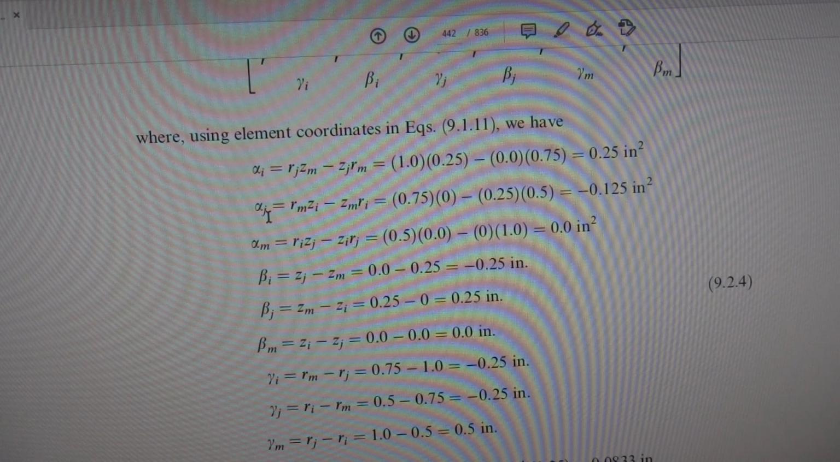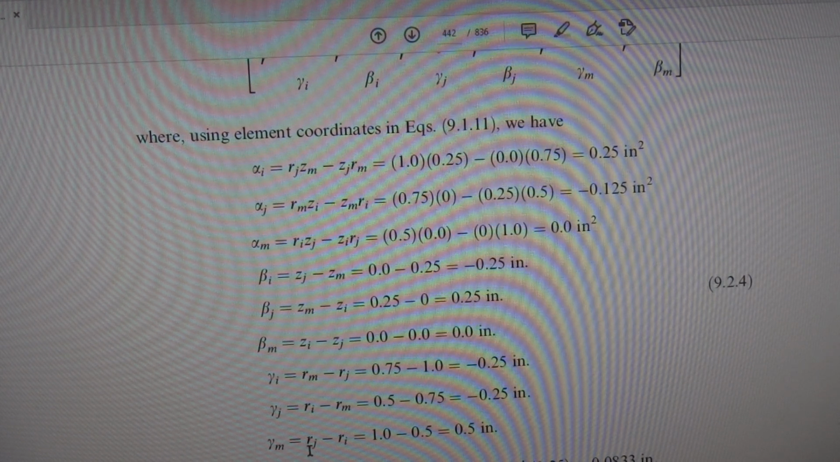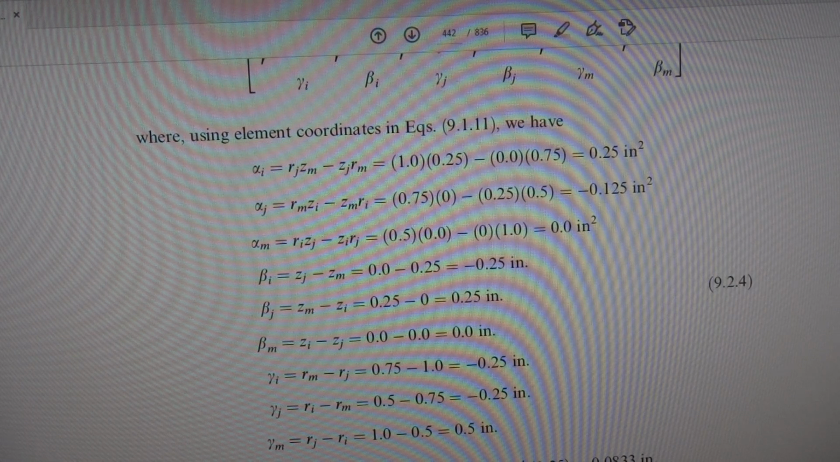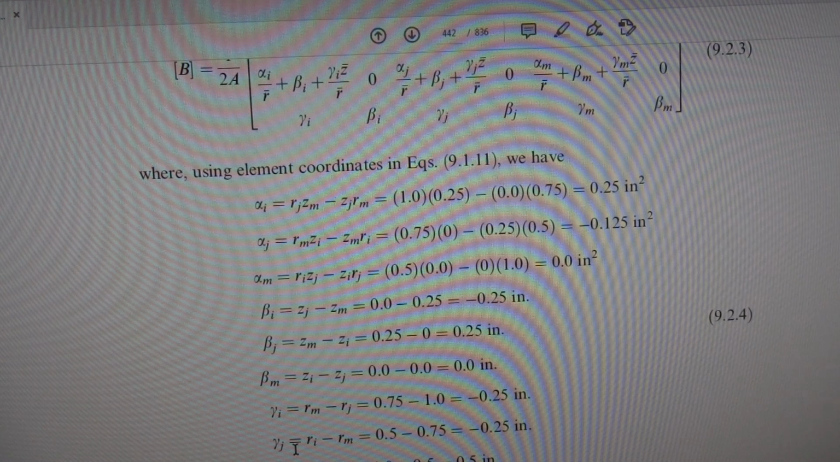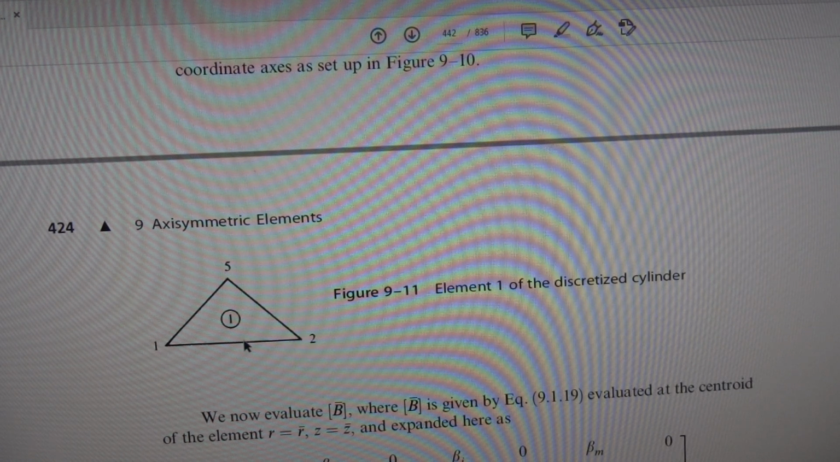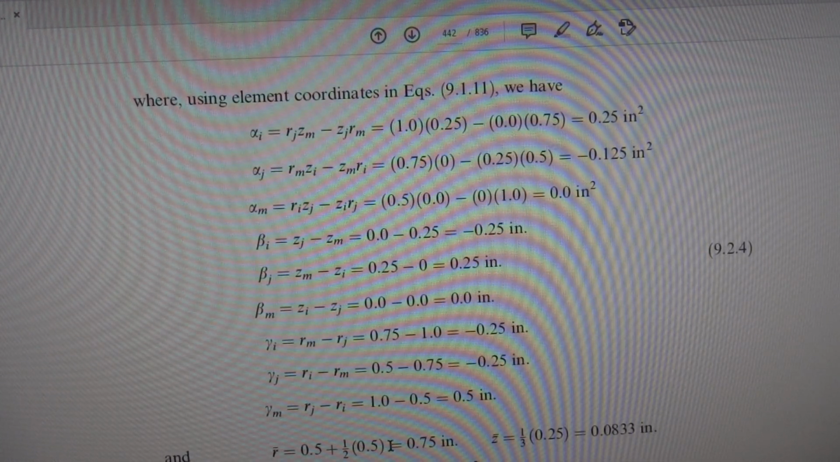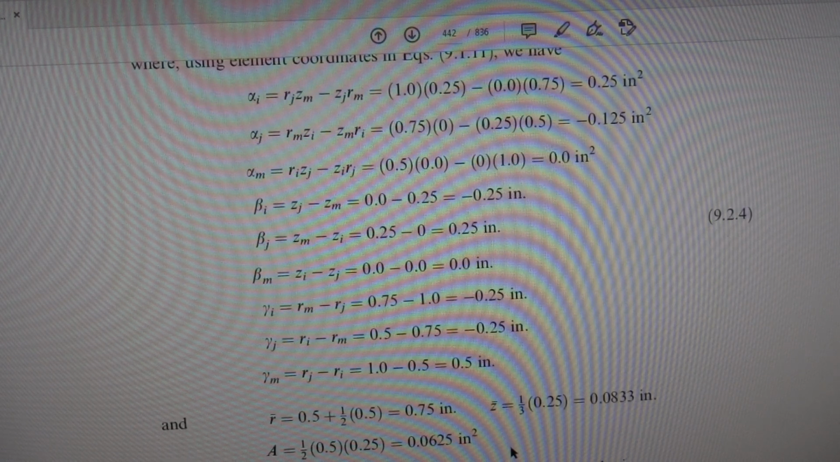The values of alpha i, alpha j, alpha m, beta i, beta j, beta m, gamma i, gamma j and gamma m. R bar is the CG center, and the center of this triangular element is 0.5 plus center 0. This is the coordinate 0.5, and this one is 0.5. So half of this one is this, r bar is 0.5 plus half of the 0.5, so this becomes 0.75 and